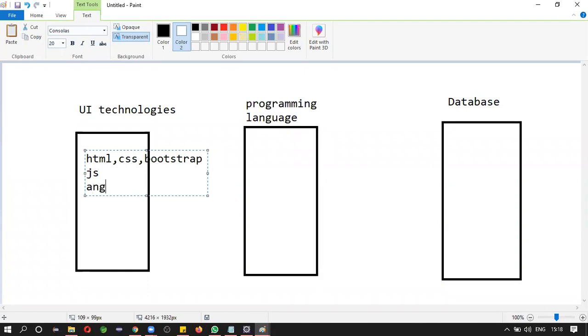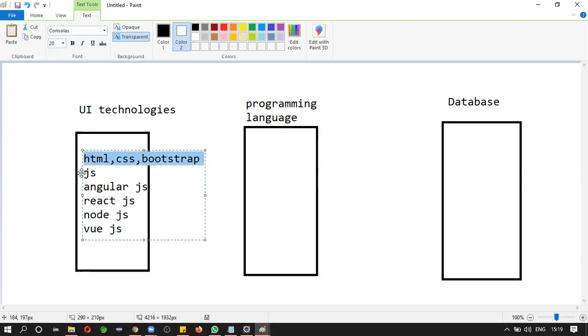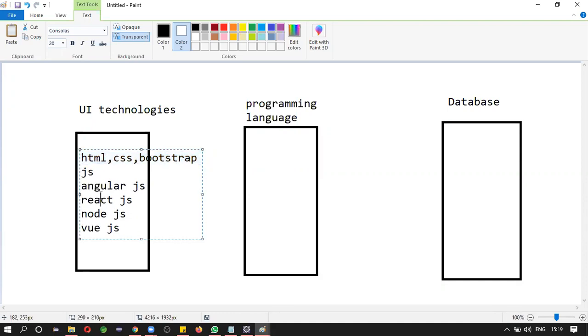Next, Angular. Next, React.js. Next, Node.js. Next, Vue.js. These are all technologies. Okay. Right now we are using HTML, right? In the real-time applications, you may see Angular or React. Okay, mostly.